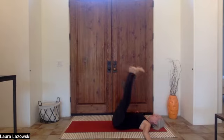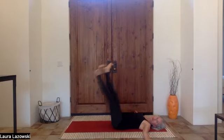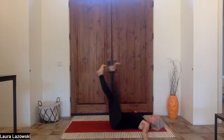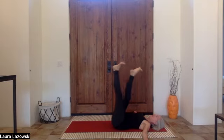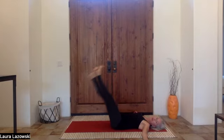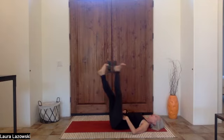Now draw your navel down, chin to the chest. You're still relaxed in the neck. All right, ready? Now we're going to zigzag down toward the ground. So make the zigzags a little smaller. And then once you're over the ground, start coming up again. And bring it down again. Keep those legs long, keep pressing through the heels. Yeah, you're really working the belly here. Now bring it back up